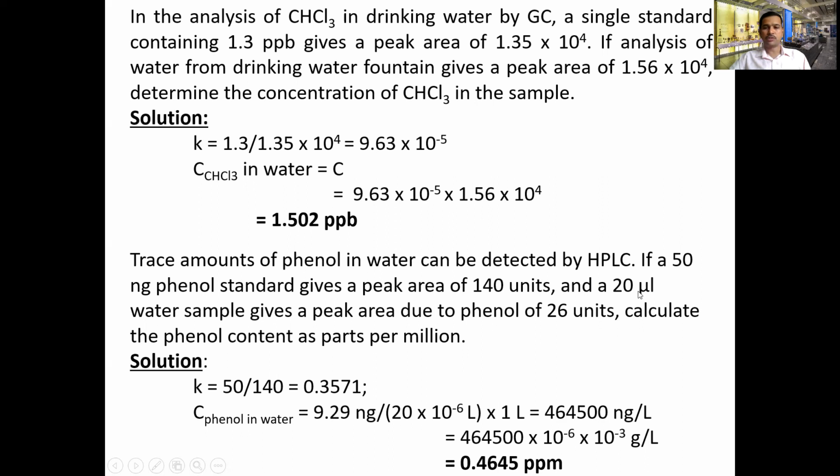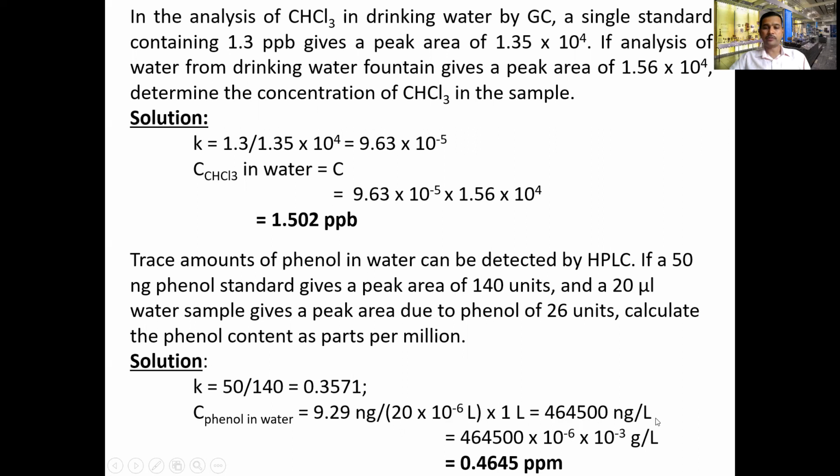What was the volume injected? 20 microliter. So they are asking to report in parts per million. So you have to determine the milligram of phenol present in 1 liter of water. So 9.29 nanogram is present in 20 microliter, that is 20 × 10^-6 liter. So how much is present in 1 liter? So 9.29 nanogram divided by 20 × 10^-6 liter, times 1 liter, is going to be